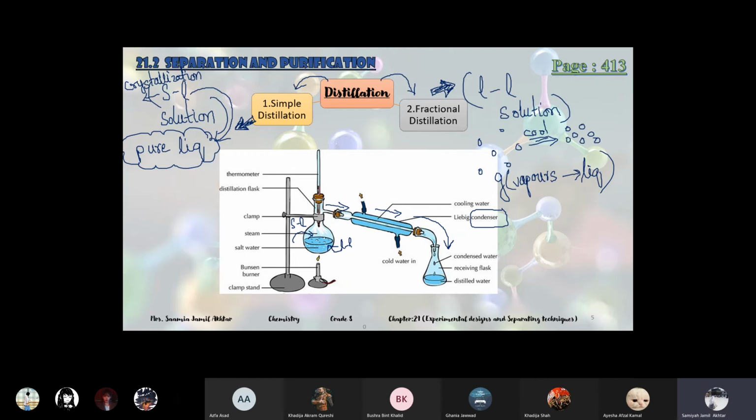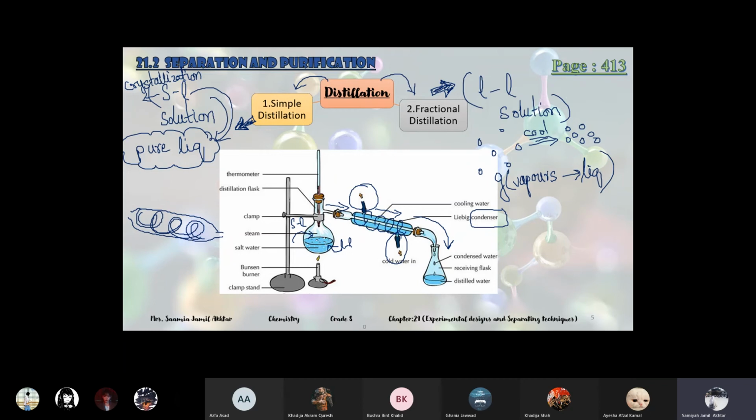Okay, cooling. So inside the condenser, there are spiral tubes. I'll make a big picture of it. You saw it? There are spiral tubes like this in the condenser, and these spiral tubes are connected with the inlet and outlet.